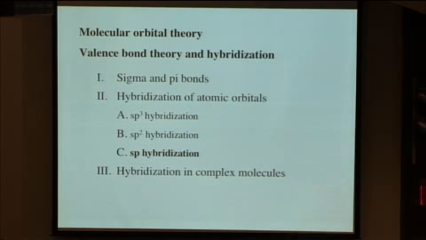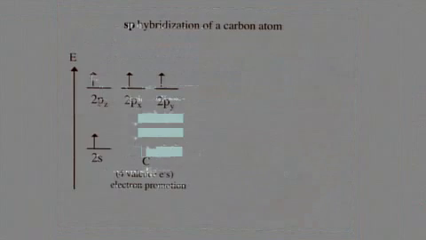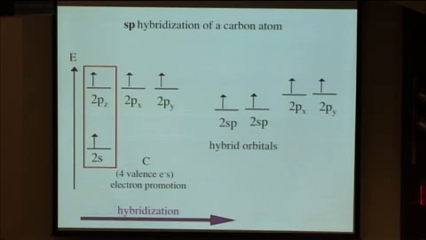All right, so let's quickly talk about our last type of hybridization that we're going to discuss today, which is sp hybridization. So sp hybridization comes now from when we're combining an s orbital with only one p orbital. So let's take a look at this with carbon. And if we hybridize these orbitals in carbon, what we end up with is having two hybrid orbitals, and then